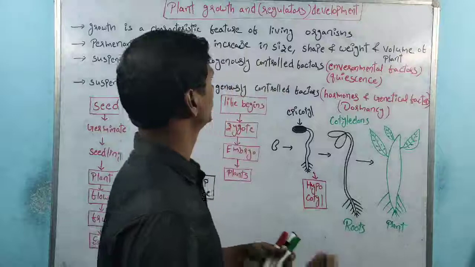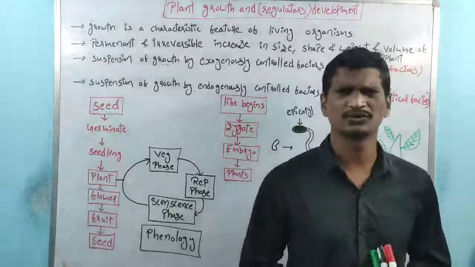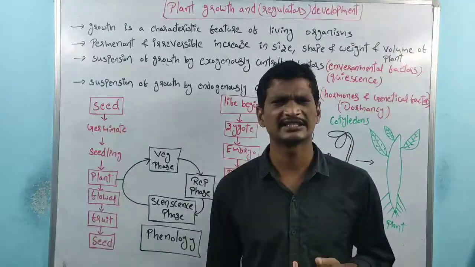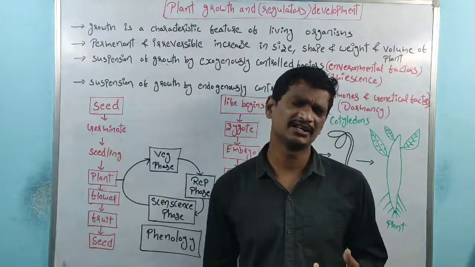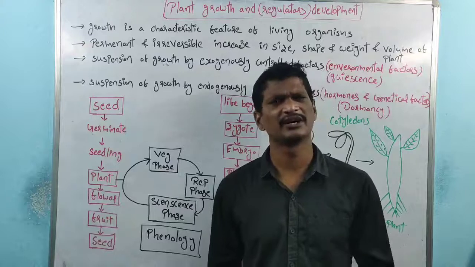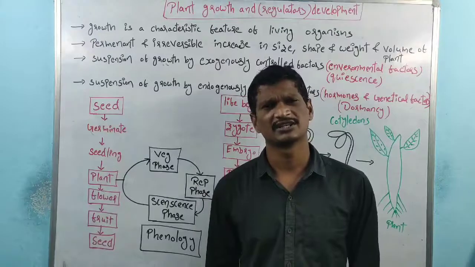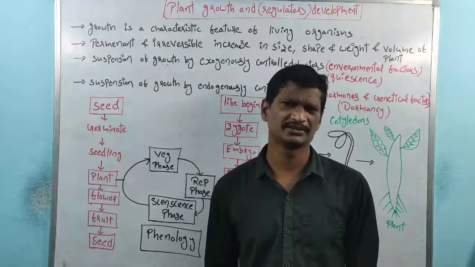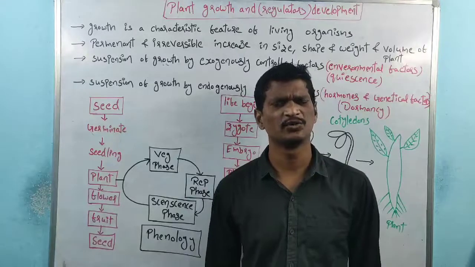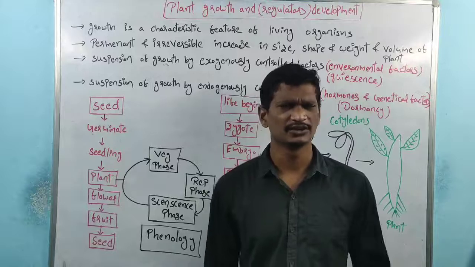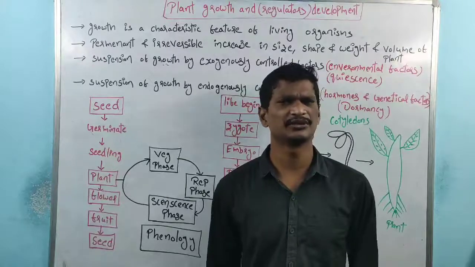And see here, what is growth? We discussed in the first year classes what growth is. Growth is an irreversible increase in mass. See, growth is exhibited by living organisms, but in non-living things also growth is exhibited. The best example is sand mounds and mountain peaks, right? Every year the height of the mountain increases due to tectonic plate movement. So both non-living and living things exhibit growth.